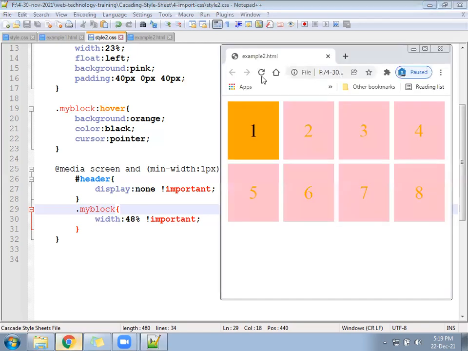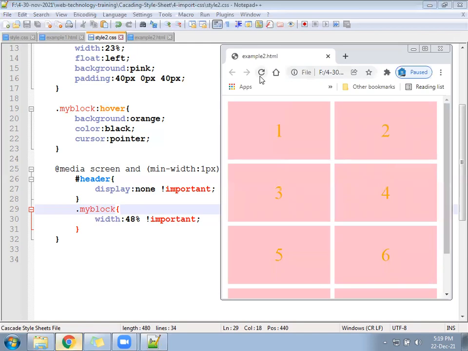Ready? Check now. 2 blocks in one line. After that, can you reduce the padding?